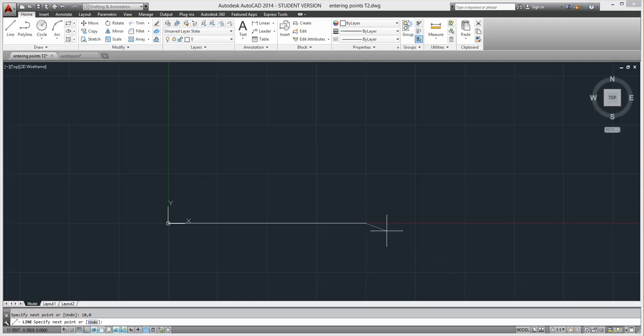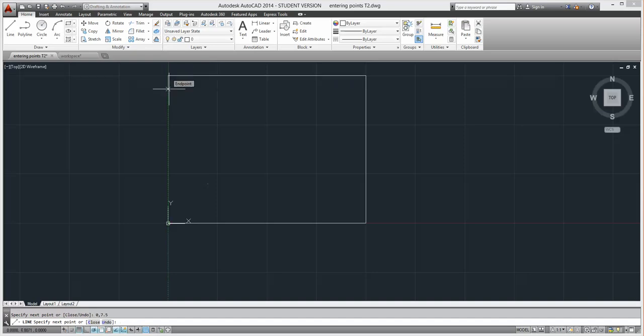without going up at all. I want to do the same thing now going on the y-axis. So now I need to make a line where this end point is 10 inches over and 7.5 inches up. So it's going to be 10, comma, 7.5. Now I want to do the same thing going in the opposite direction, except I want to end it right over here. So it's going to end at 0 on the x-axis, but at 7.5 inches on the y-axis. So it's going to be 0, comma,